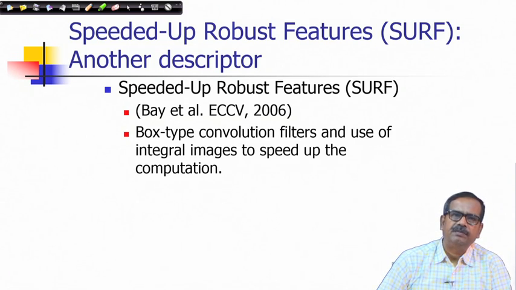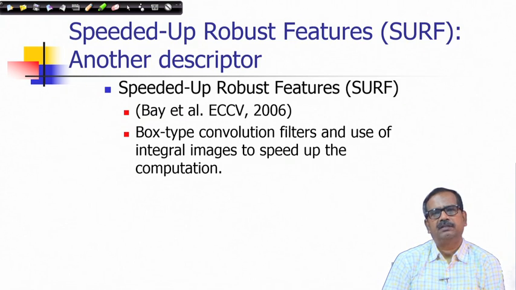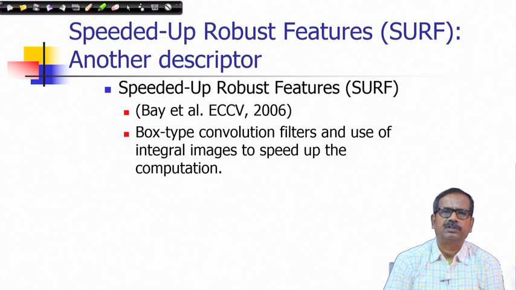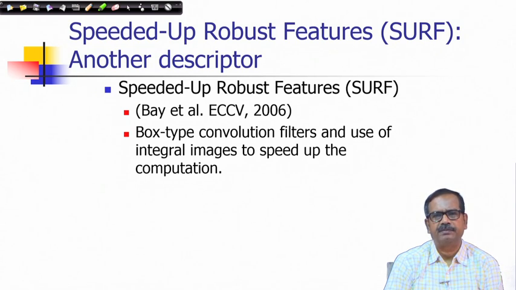Mostly in the SIFT descriptor, the major computation that we need to carry out is the Gaussian convolution. So, in the SURF descriptor, instead of Gaussian convolutions, we can perform box type convolutions. That means we can compute the same gradients or double derivatives. We will show what detectors have been used in this particular case, and they can be convolved using box type filters. I will explain what is meant by box type filters.